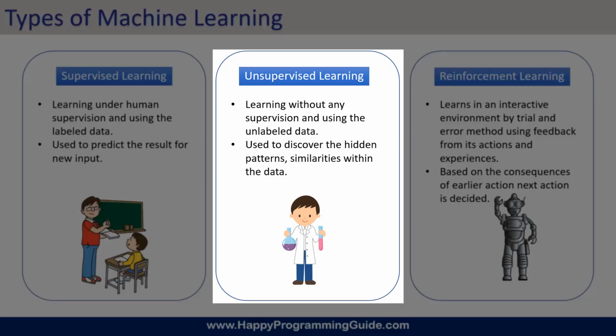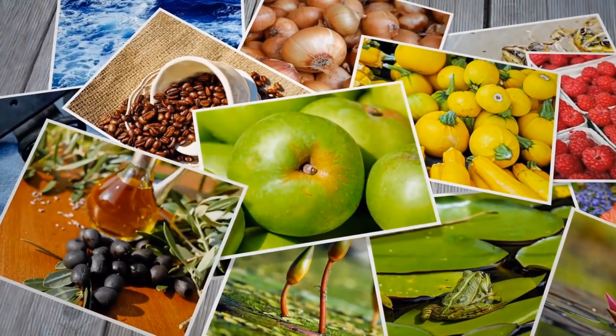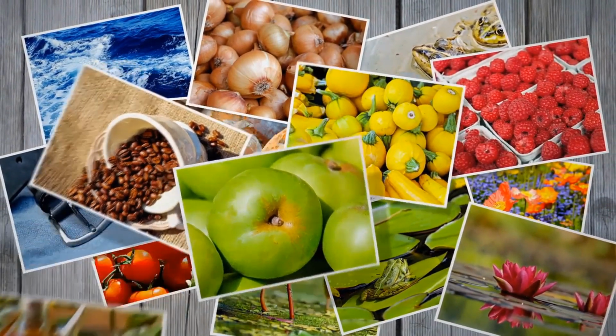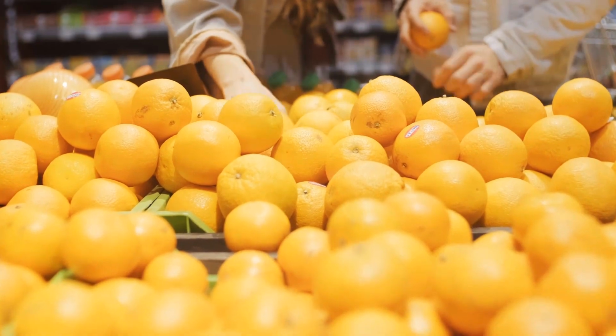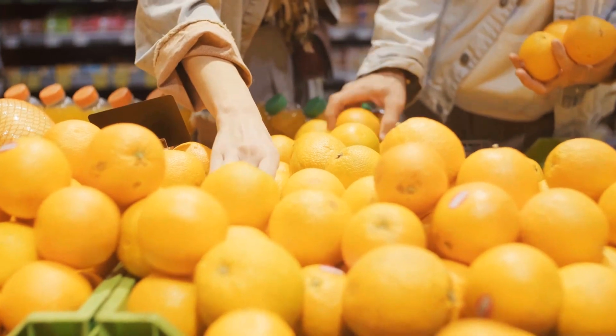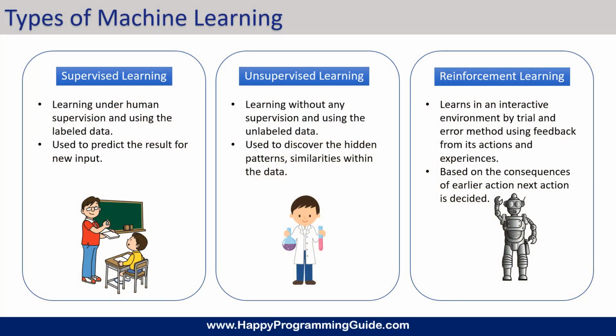Now, in unsupervised learning, the algorithm is provided with data that is not labeled, and also there is no human intervention involved. So the algorithm has to discover the hidden patterns or similarities within the data and group it. For example, consider the machine is provided with pictures of all types of fruit. Now the algorithm has to analyze the dataset and categorize it. The basic categorization may be performed on the basis of fruit shape, color, size, etc. Unsupervised learning is nothing but discovering the hidden patterns or similarities from the dataset and grouping or labeling them without any human assistance. So unsupervised learning is learning without human assistance and with unlabeled data.